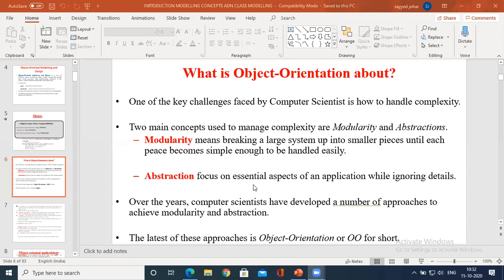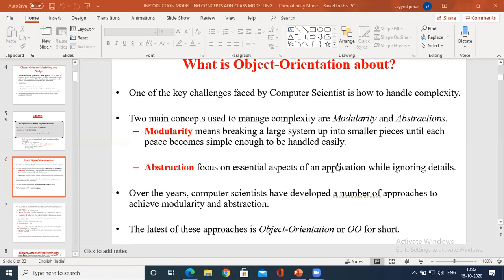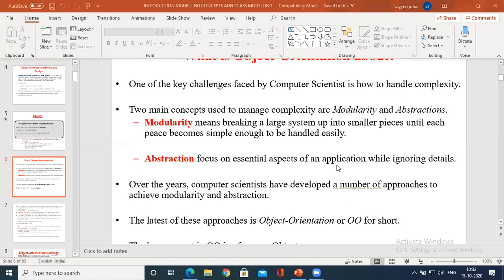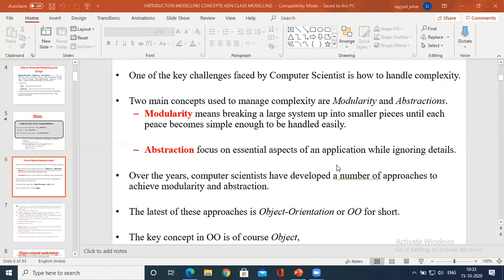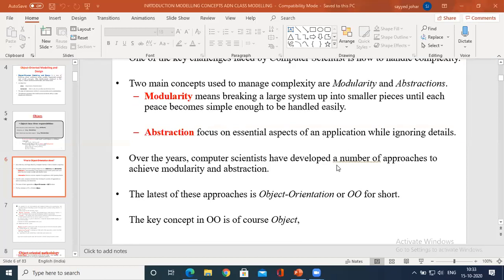When I say abstraction, it focuses on the essential aspects of the application, or data hiding. It hides the internal things. Hence the latest of these approaches over the years is object orientation.